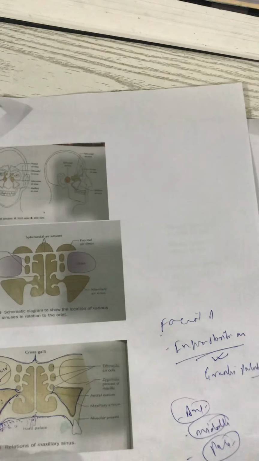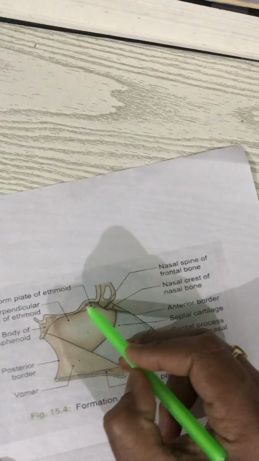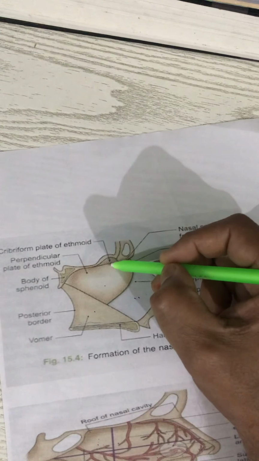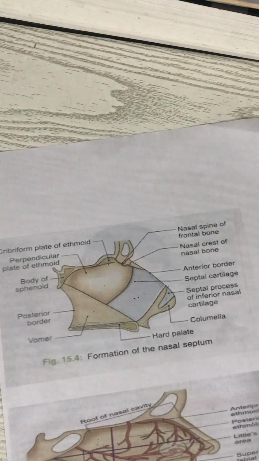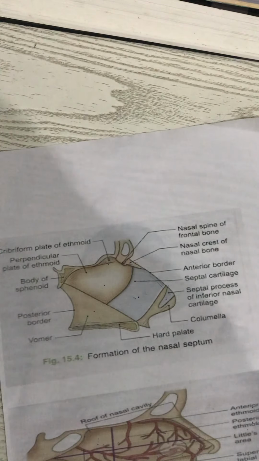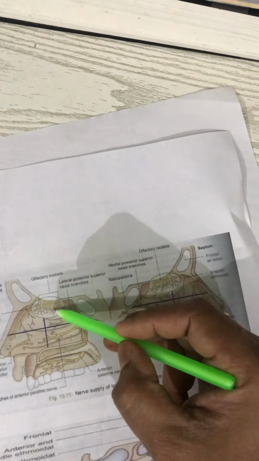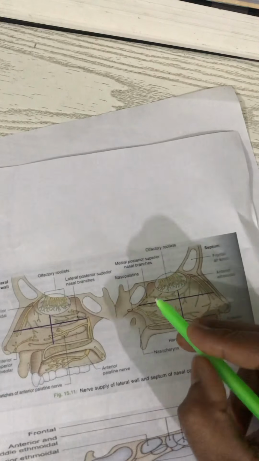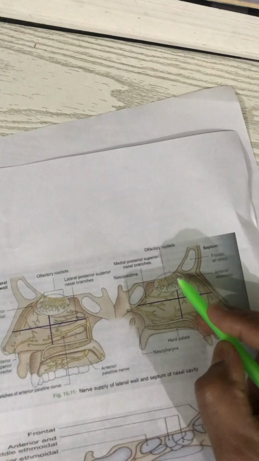The relations of the nose. Now the nose is related to the anterior cranial fossa through the crista galli. This is the crista galli, and here we have the cribriform plate of the ethmoid bone. Through this cribriform plate, the olfactory nerves enter into the nose, both in the lateral wall and around the septum. So there is a connection between the anterior cranial fossa and the nose, through the cribriform plate of the ethmoid bone,